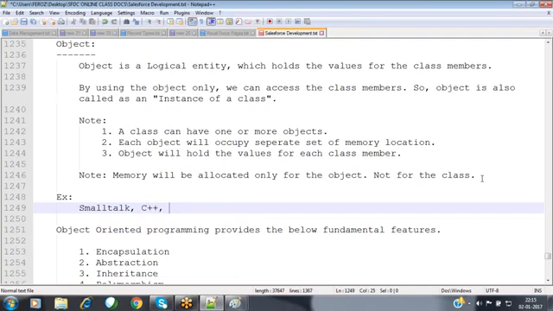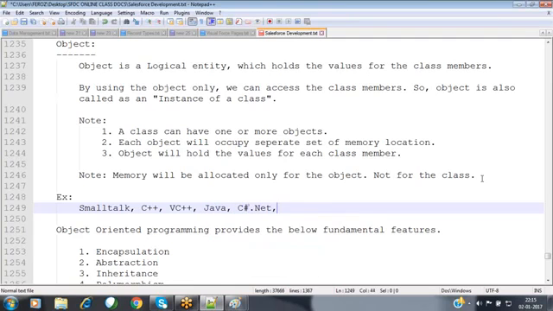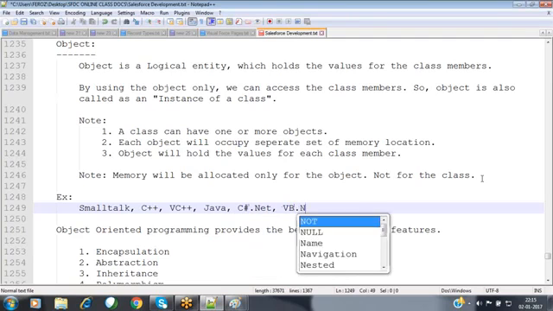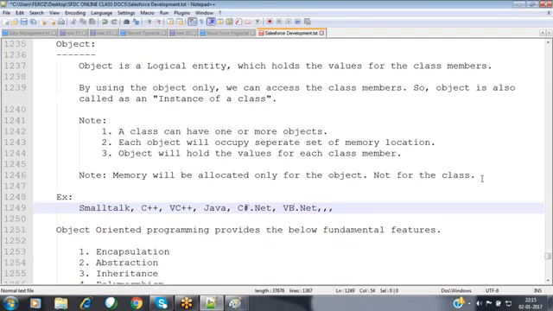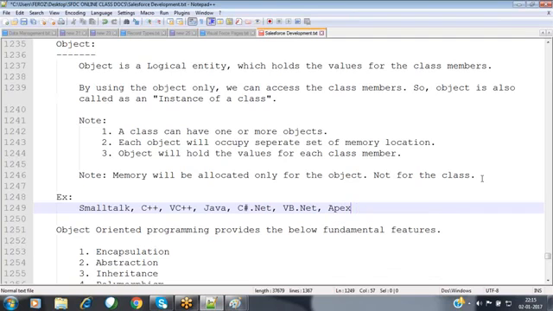After that, we have C++, VC++, Java programming, C# .NET programming, and VB.NET programming. Like that there are so many programming languages available, along with our Apex programming language. Apex also comes under the object-oriented programming languages.